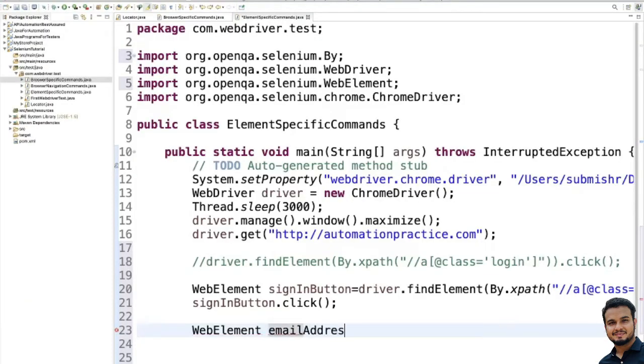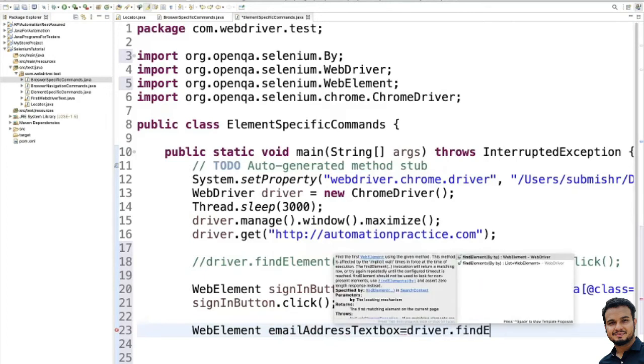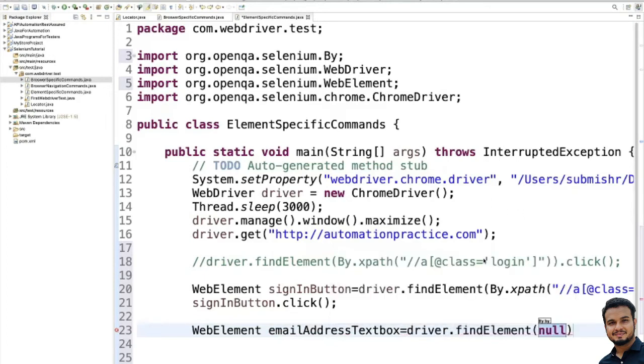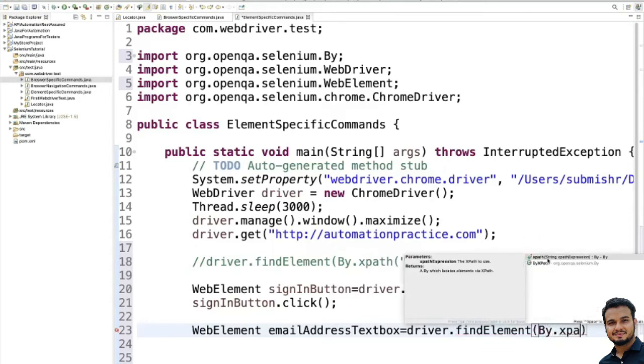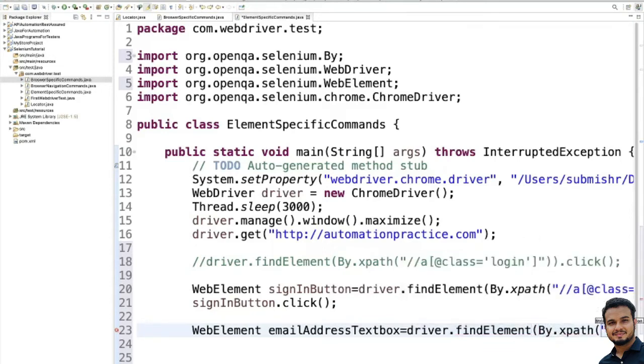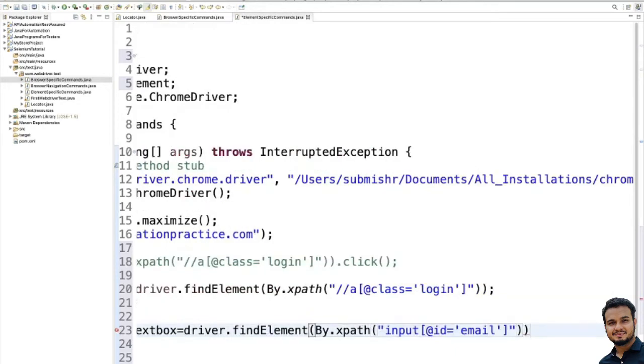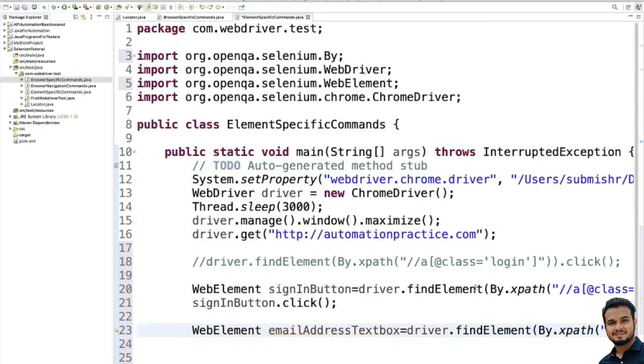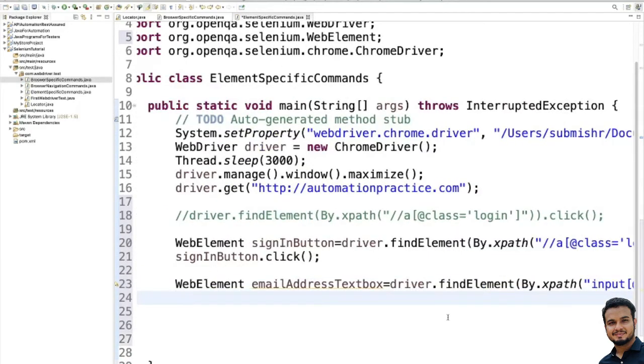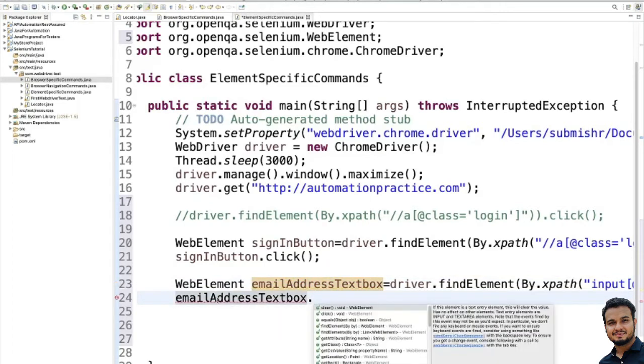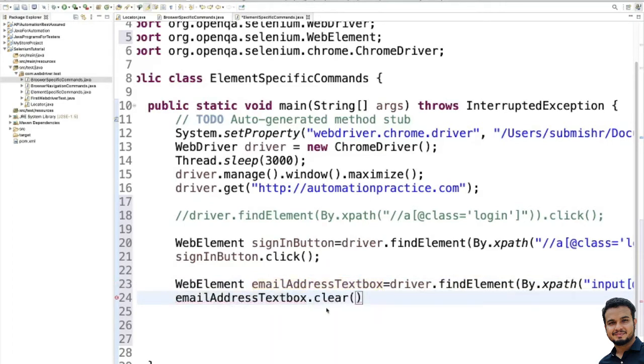Email address text box is equal to driver dot find element by dot XPath, and in the XPath place we'll write this, right? And then what we'll do, email address dot clear. Okay, so it will clear that particular field, but now nothing is there, right?